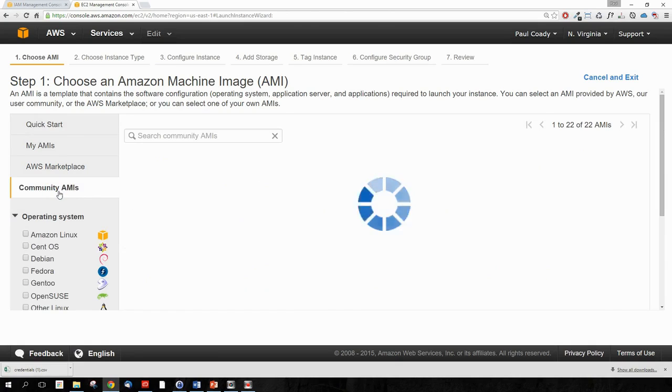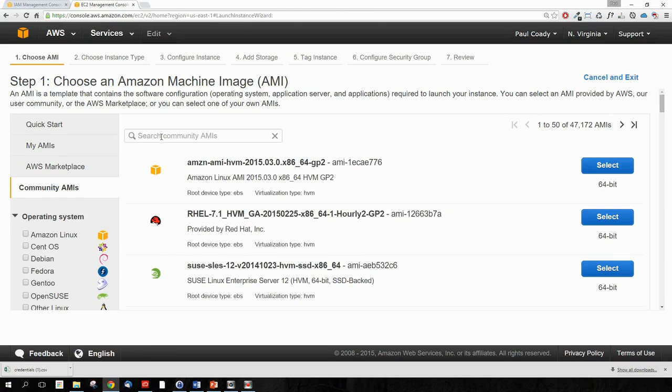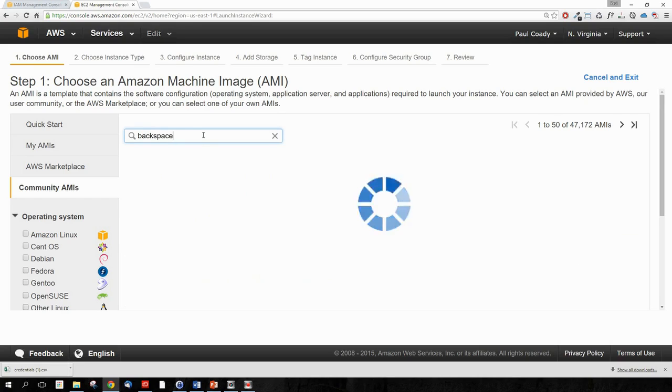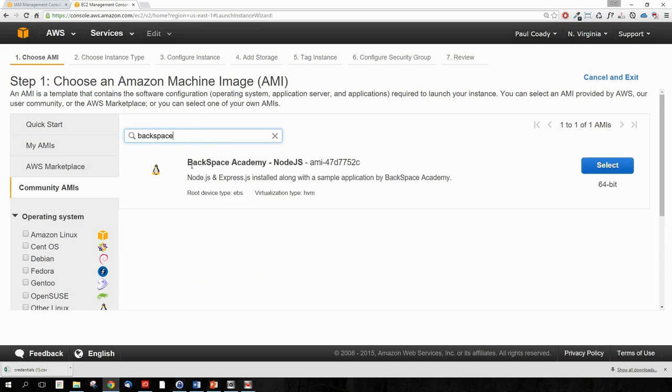So we go into Community AMIs, and there is one that I've prepared for you, which will save you a lot of time. So if you just search backspace, you should be able to find it. So go into Community AMIs, backspace, and there you have the Backspace Academy Node.js AMI. So this is going to have Node and Express already installed. It'll have a sample application on there. It'll have the AWS command line interface on there. It'll have the AWS Node.js software development kit, and it will also have a few things already set up in Linux as well to run Node. So we select that,